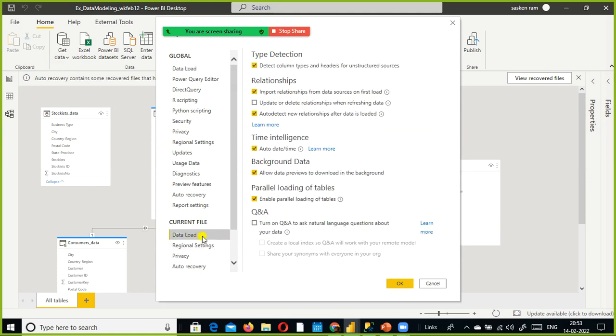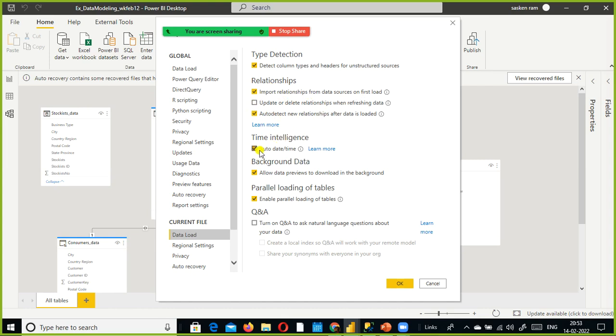When you select the data load here, you can find it here, import relationship from data source on first load, and auto detect new relationship after data is loaded, and detect column types headers for unstructured sources. So these are the two things, right? By default these two options are enabled.